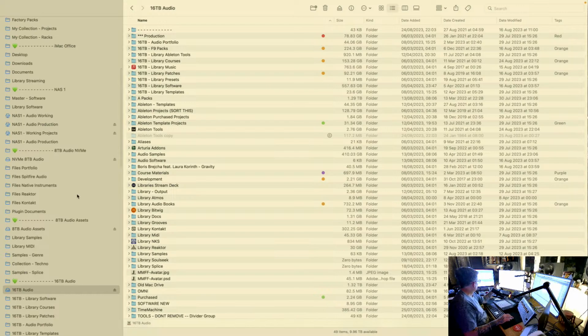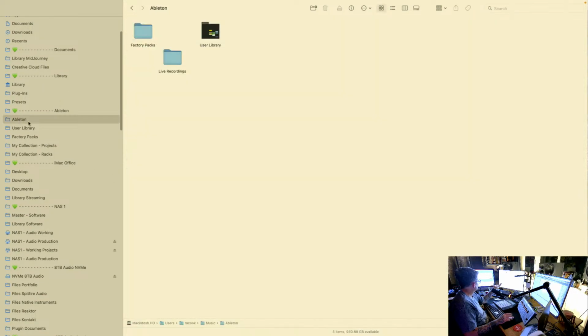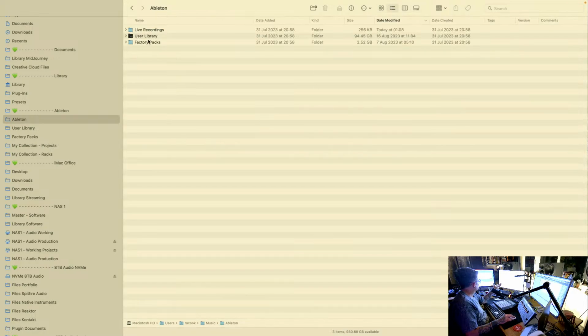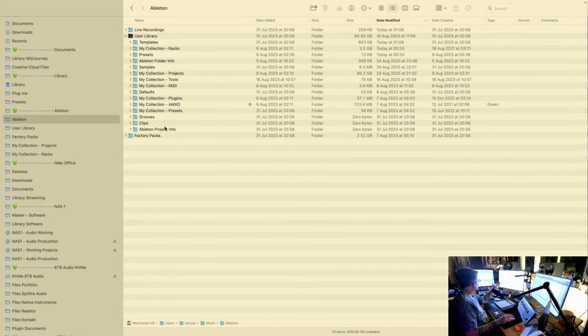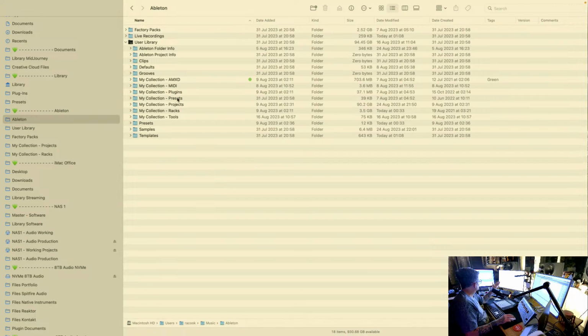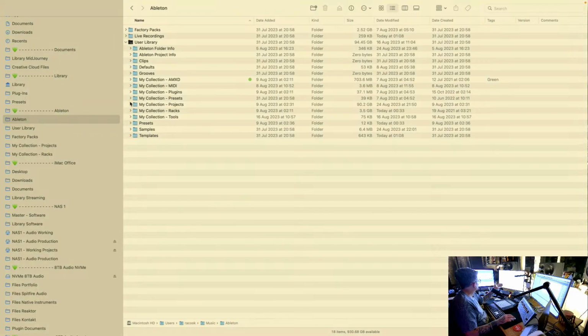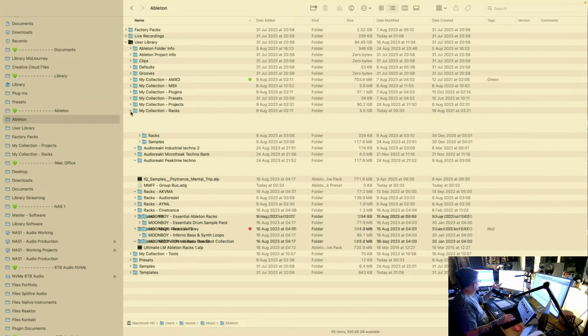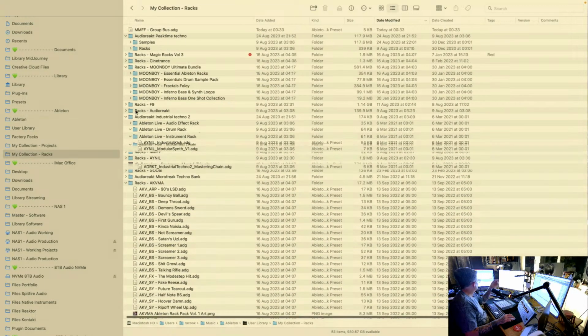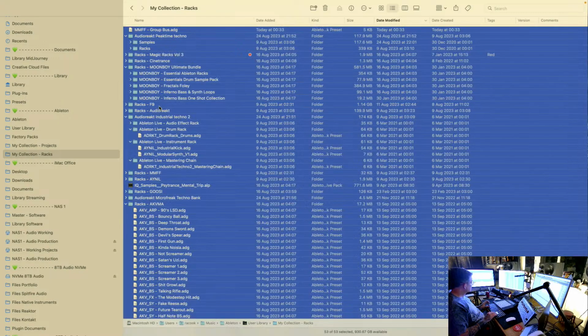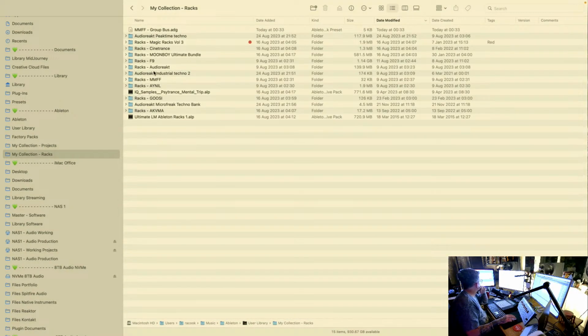And what you can also do, if you go into, I've got a folder here that I've made for Ableton, right? So under Ableton, I've got my user library, factory packs, live recordings that we're used to. If I open my user library, there's some folders in there that I've built as well, which are my collection, AMXD, MIDI plugins, presets, projects, and racks. I can open those up, and obviously I can go around and build these out how I need them. If I open racks, for example, these are all of the racks that I've saved. If I just minimize all of those as they are,